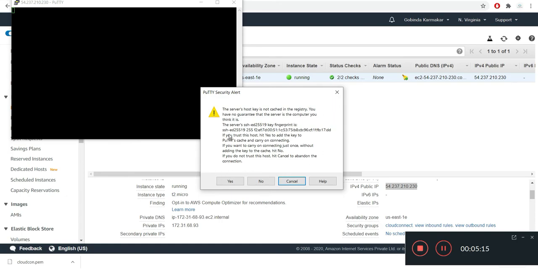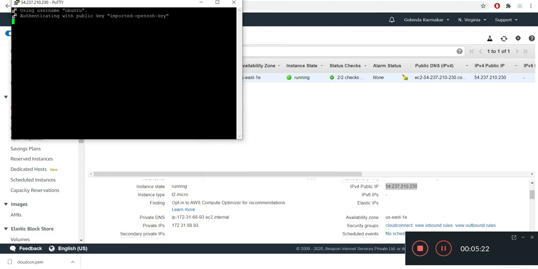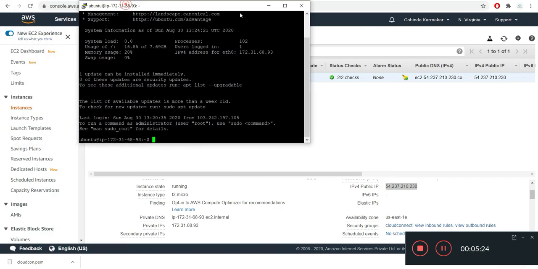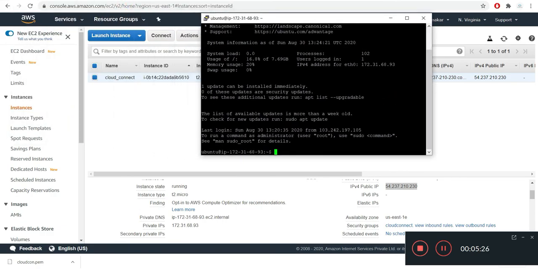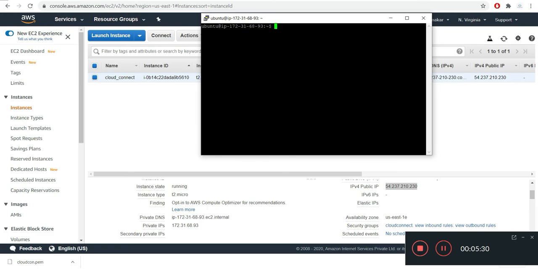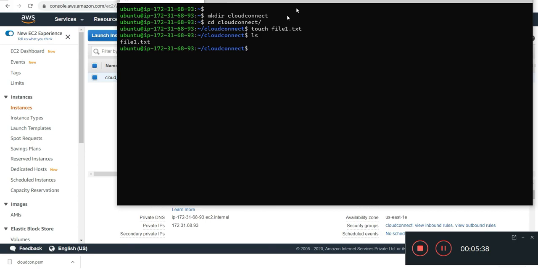The same message that we got on our Ubuntu subsystem is the same thing. We just need to hit yes, using username Ubuntu. See, we just need to clear it. Let's see, is there any file or not. ls, see, the Cloud Connect, the same directory which we made through our Linux subsystem.